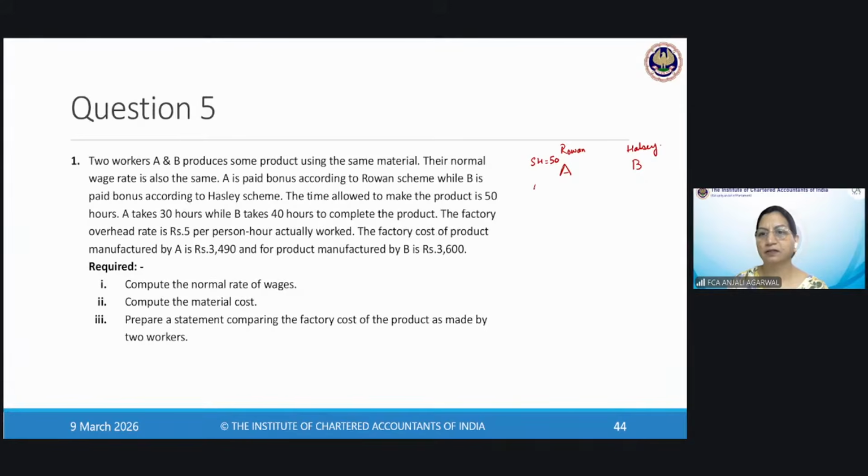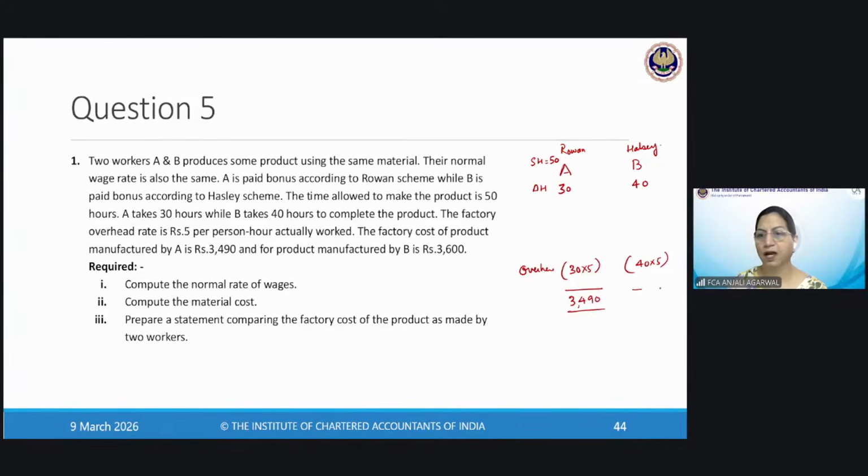A takes 30 hours. B takes 40 hours. Overhead rate is 5 per hour's work. So 30 into 5. Here 40 into 5. And the factory cost is